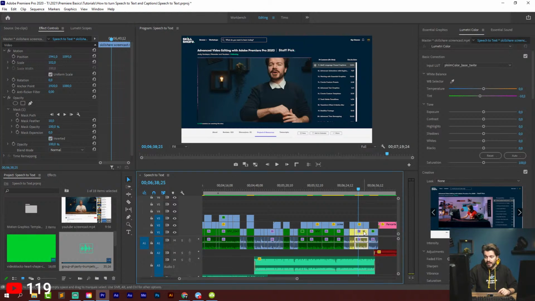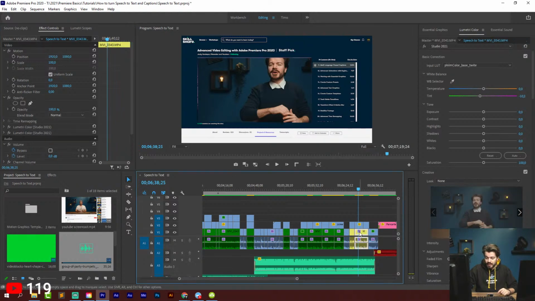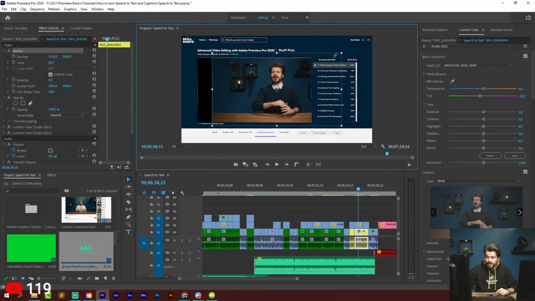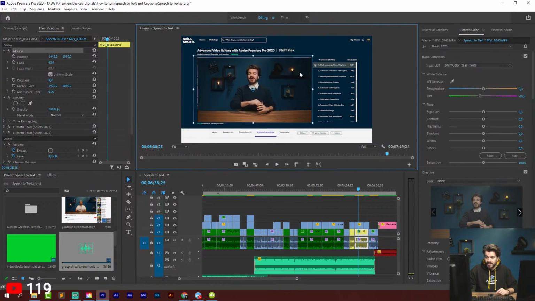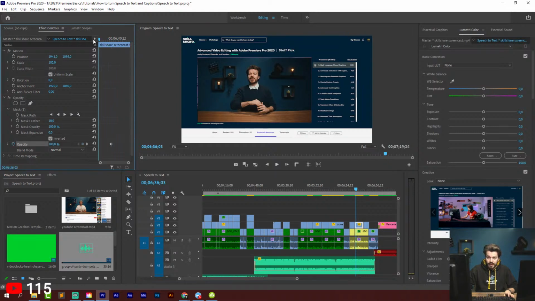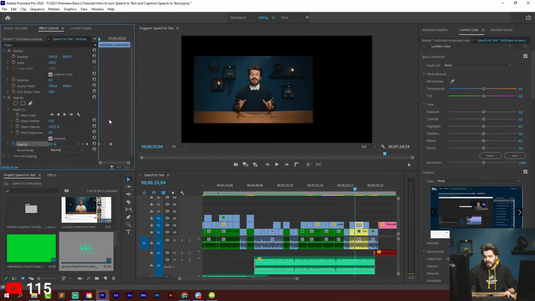And then I have my bottom track right here, and that's actually the layer that you see right here. So it's just me talking. I can scale that a little bit more, position it towards here maybe, and play around with the opacity of the mask. So I'm now quite in the middle of it. I'm placing 100, go to the beginning, go to 0, and